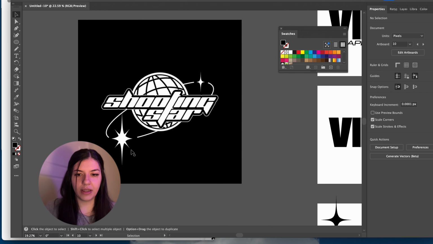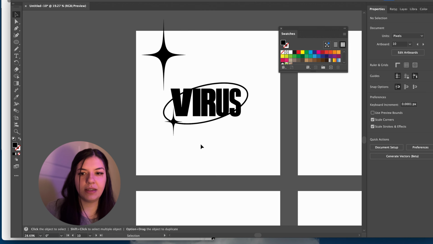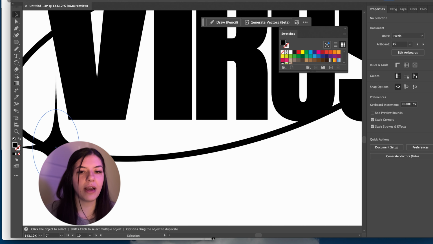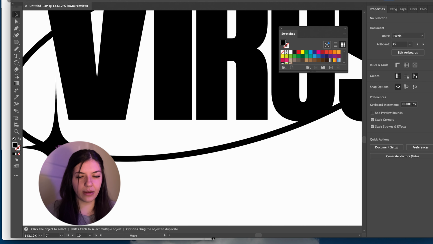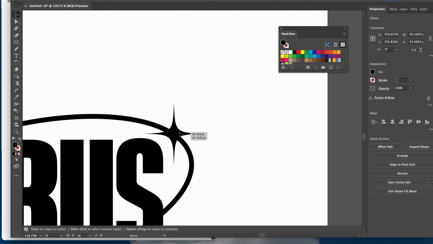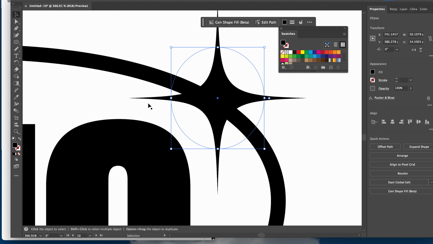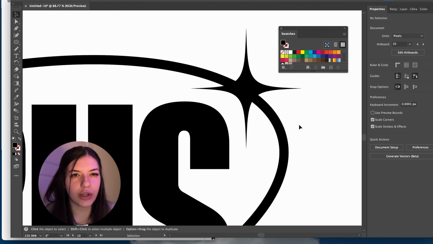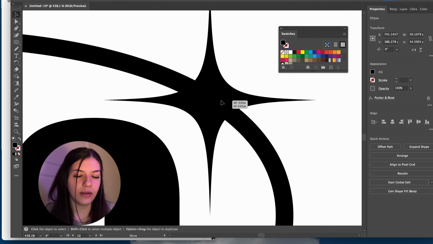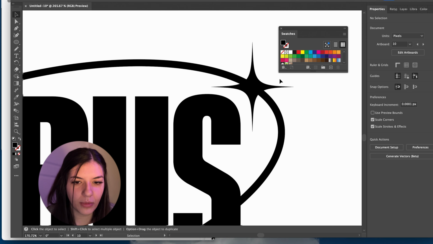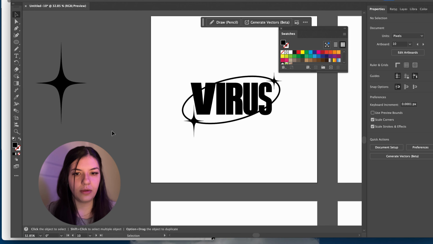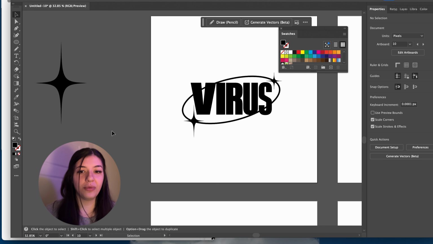I kind of do like it like that. See how they put different kinds of sparkles? I like that, but I think I'm only going to include the same kind, just in different sizing or scales. I really like here how it goes with the curve of the S, so it looks like it fits in perfectly. I might just move it down a little bit more just so it's intersecting in the middle. Okay, I kind of really like this idea.